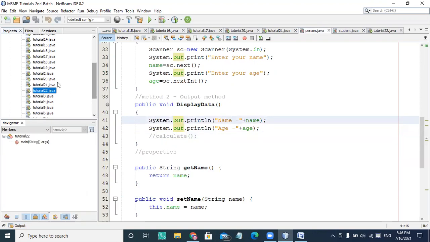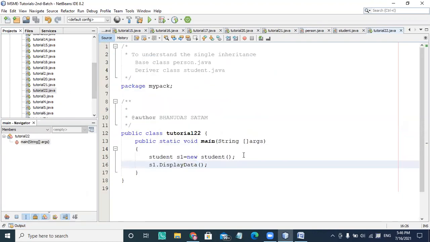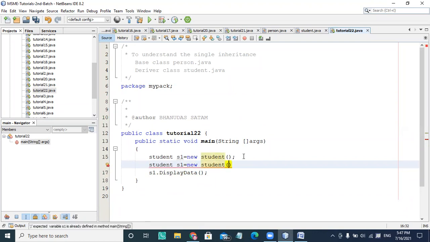Now another constructor, that is the parameterized constructor. I'm creating another object, s2, with new Student, and here I'm passing parameters. You have to follow the order of the class members.